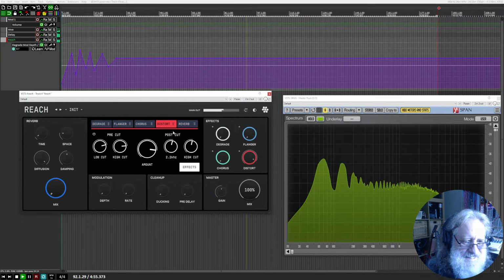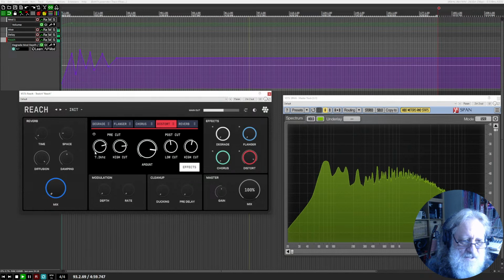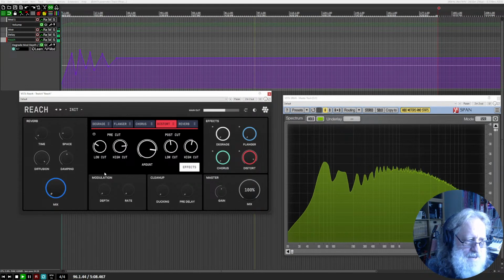So you've got pre-cut and post-cut also on the distortion. And so with all these, morning Benji,